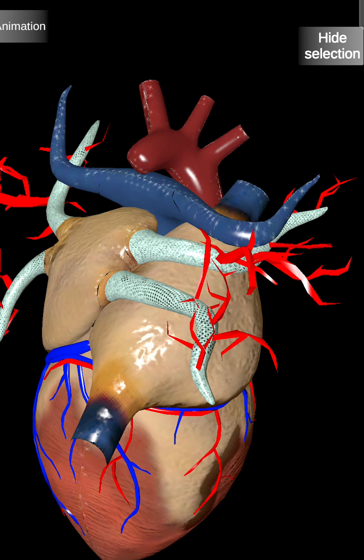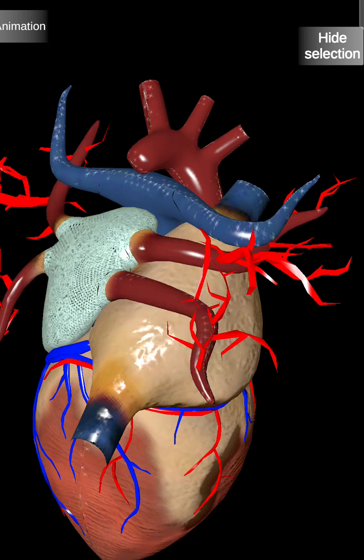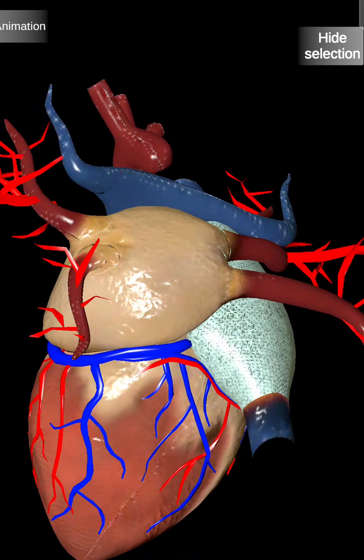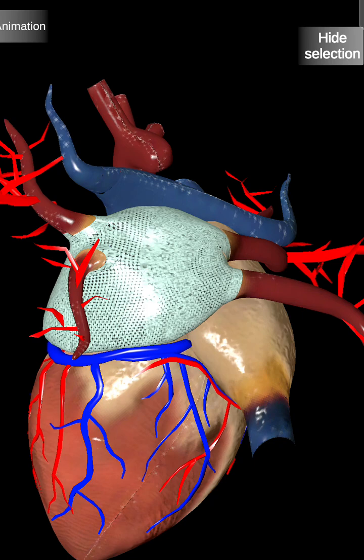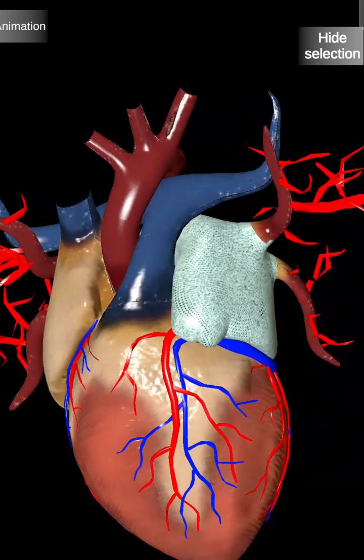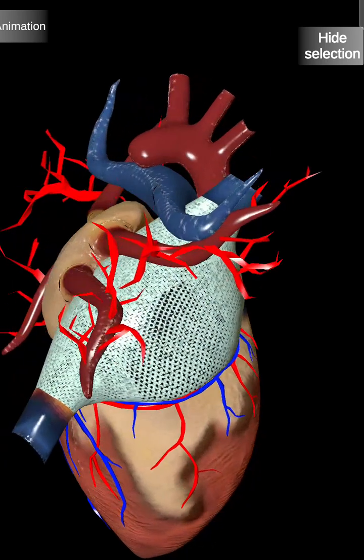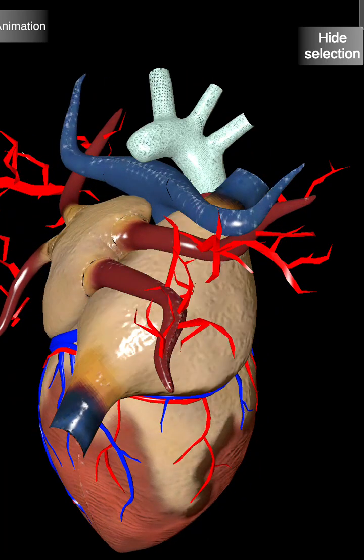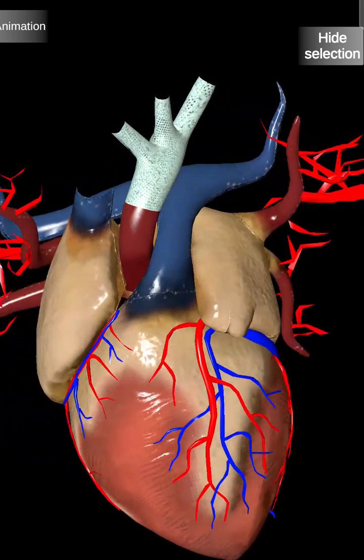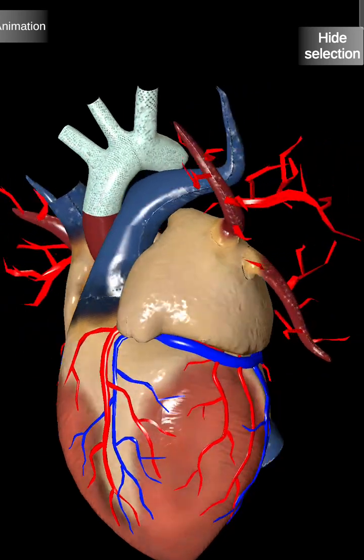The pulmonary vein takes blood from the lungs to the left atrium, and from the left atrium it is deposited into the left ventricle. After the left ventricle, it is transported to the aorta, and from the aorta it is pumped out of the heart. It is now going to the rest of the body,